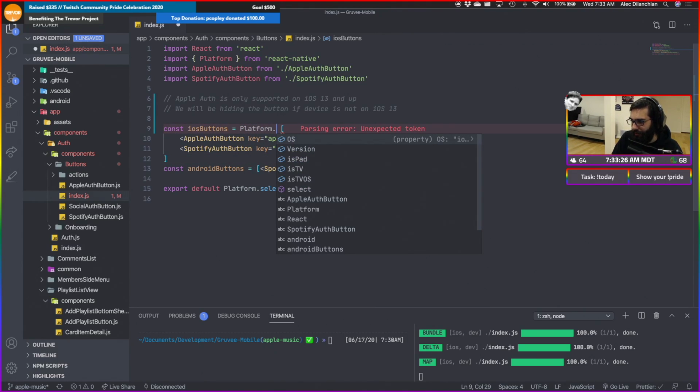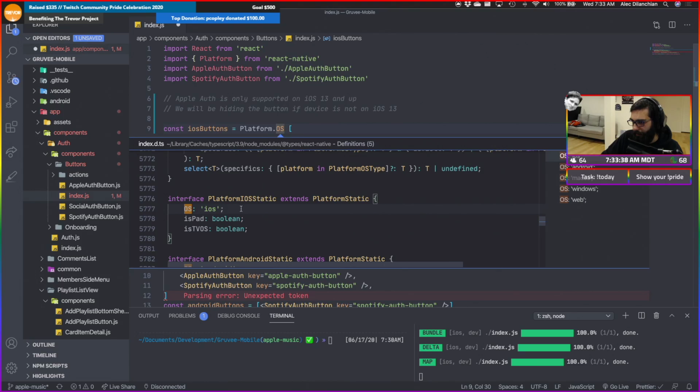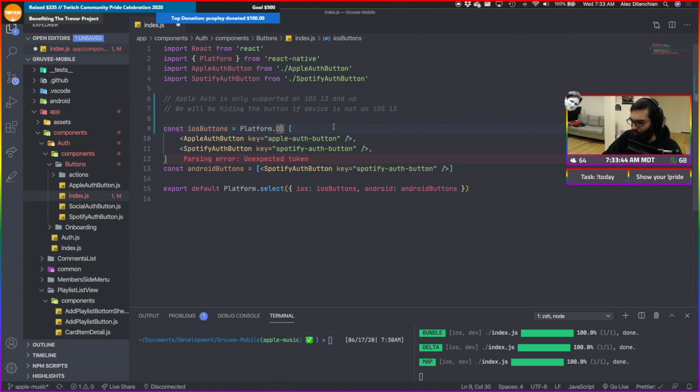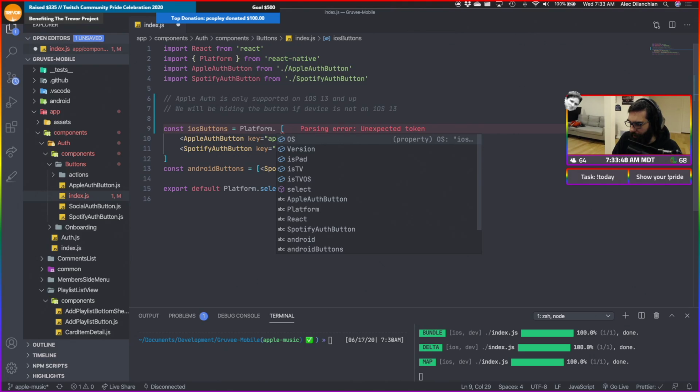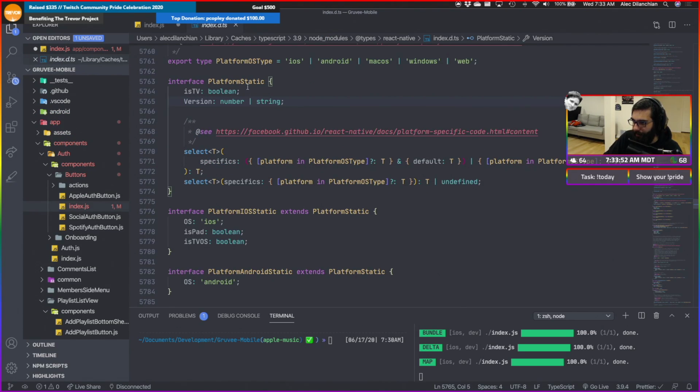Platform dot, I guess just OS. Is OS just an Apple thing? Oh no. Oh, I'm dumb. Version? What's version? Is it the version of my app?